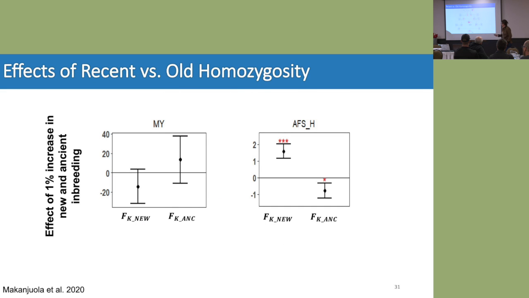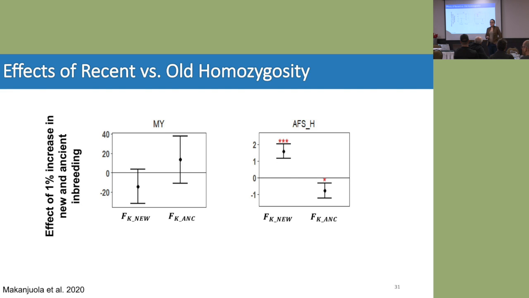And it's a hard question, right? But we looked at it, and we found that recent inbreeding actually has a more negative effect than old inbreeding. Old inbreeding even has a positive effect on traits. You think about that for a second, and you wonder why that is, and then you think, it's clear. Selection is old inbreeding, right? The whole point of genetic selection is inbreeding. You're trying to pick the best, and you're reducing the number of animals that you're using. The problem with new inbreeding is that the genome doesn't have time to deal with all the bad stuff, basically. Please don't quote me on that. But it's kind of the way that it works.